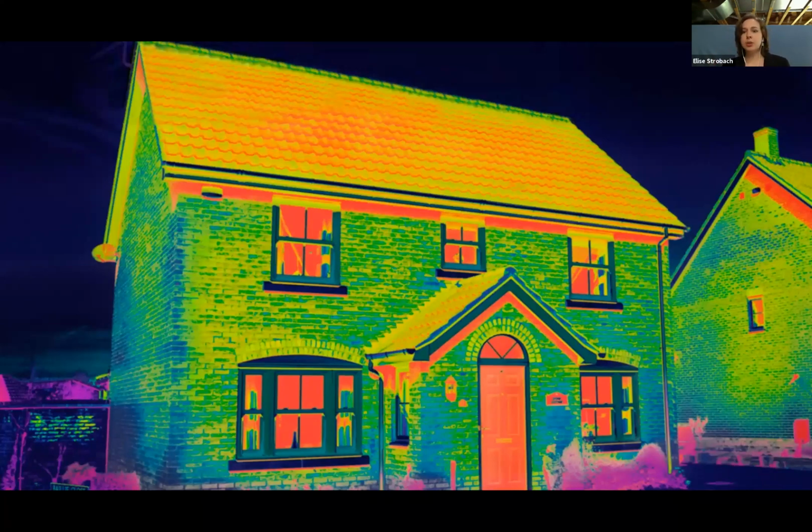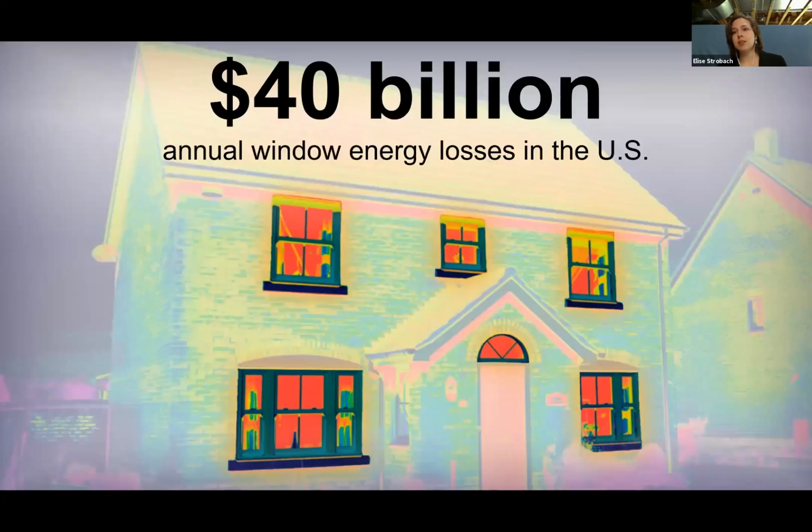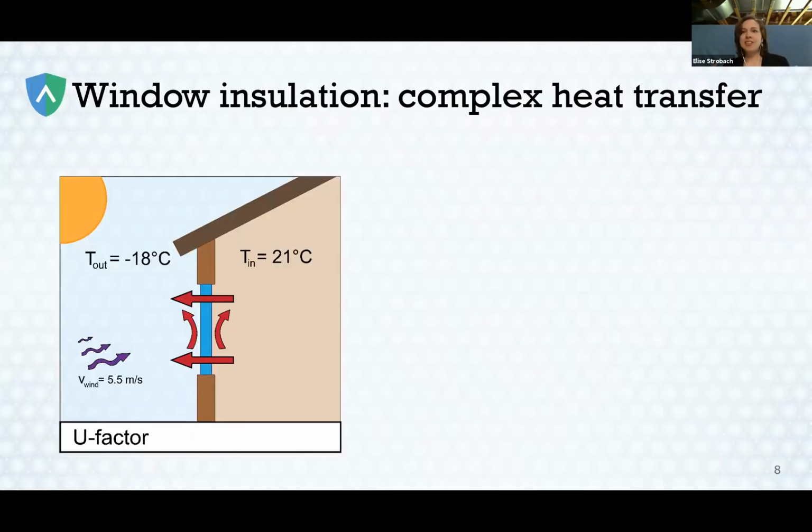So if we look at a thermal image of a building, we actually look at how much energy loss is coming through these windows. It's a big problem, and it's a tough one to solve. And for that reason, $40 billion in energy is lost through our windows every year in the United States. Now, when we think about how to solve this problem, it's not just about the amount of heat that we're losing through our building, because we can make a super insulating window, but it also has to have that cost